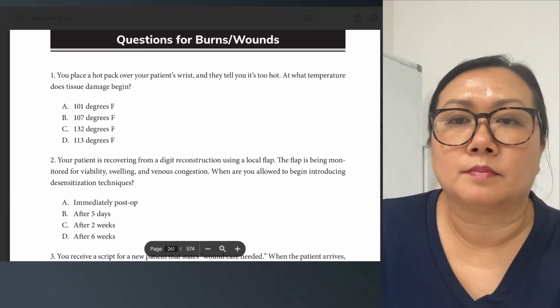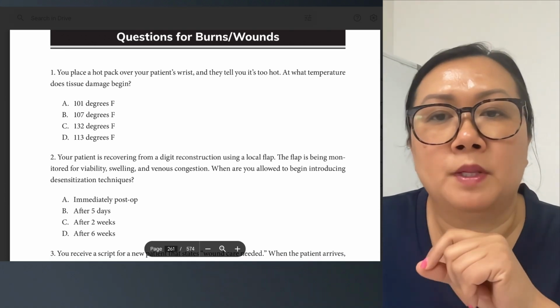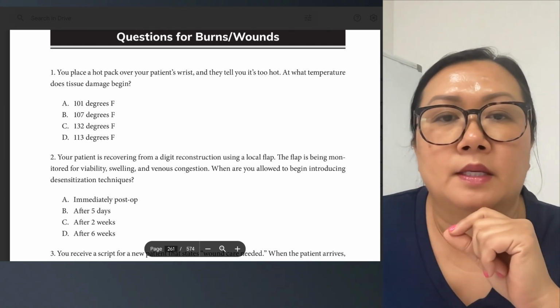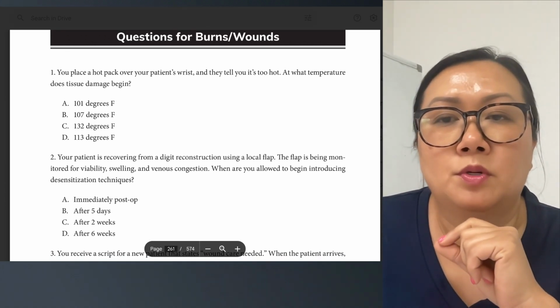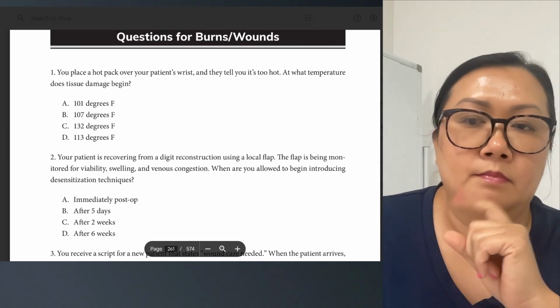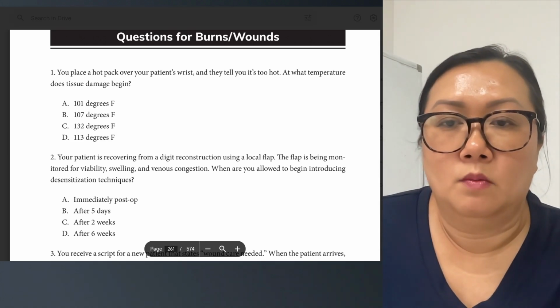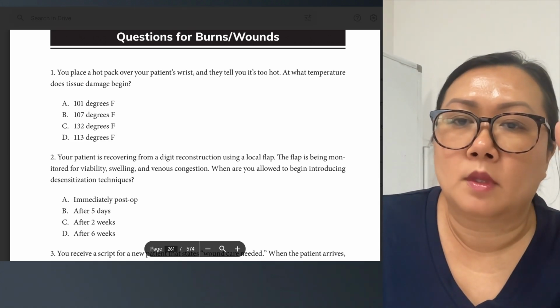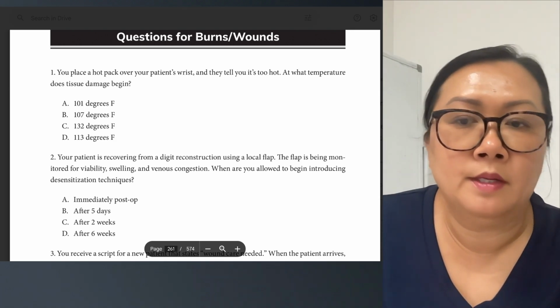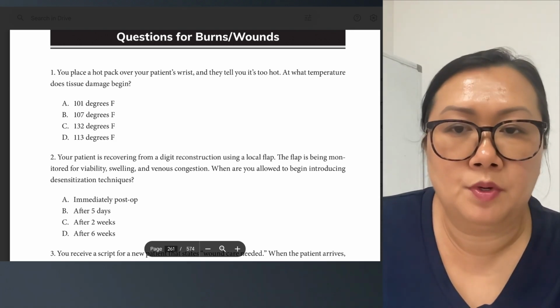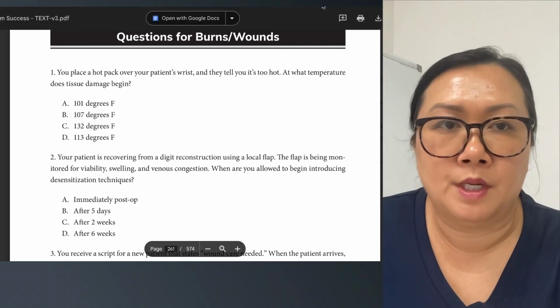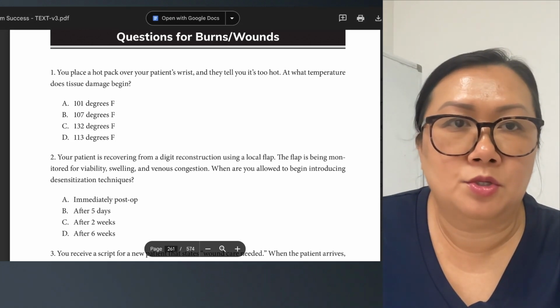Question number 1, you place a hot pack on your patient's wrist. They tell you it's too hot. At what temperature does tissue damage begin? A, 101 degrees, B, 107 degrees, C, 132 degrees, D, 113. Now, this is a simple